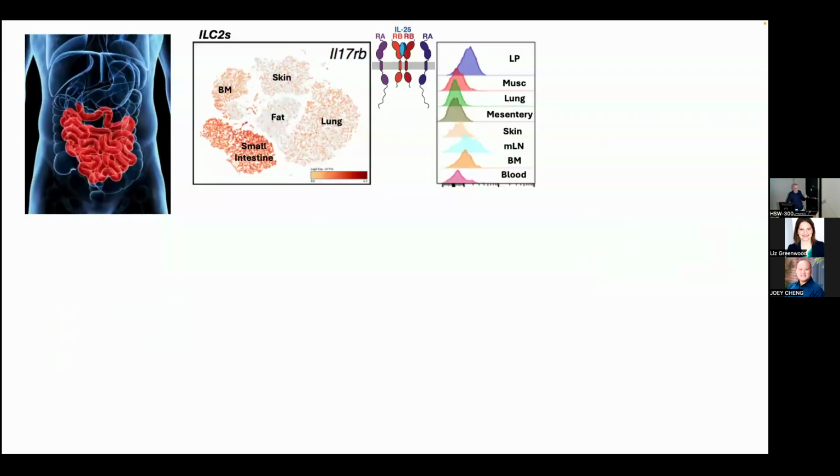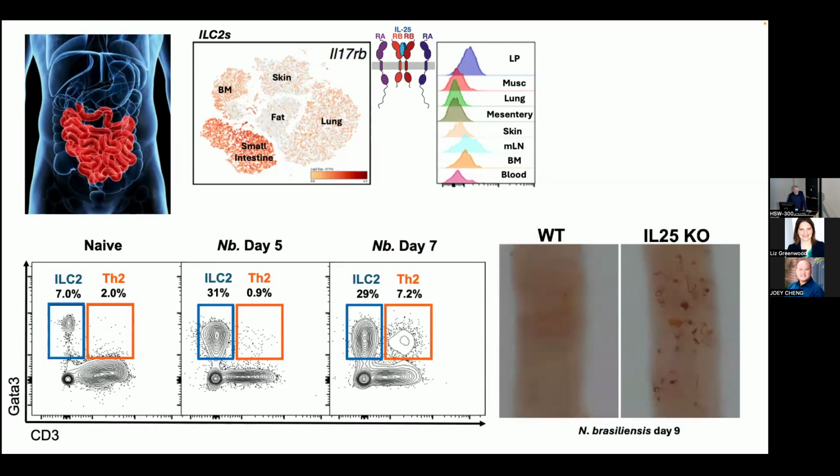So we went to the intestine, the single-cell barrier tissue, and we knew from early studies that ILC2s express very high levels of the IL-25 receptor, the ligand binding domain, IL-17RB. Protein expression on lamina propria ILC2s is very high. And we could show that in the gut, if you perturb it with Nippostrongylus, the ILC2s are already activated and start proliferating well before Th2 cells appear, which is around day 7 or 9. And at that time, the worm is being expelled.